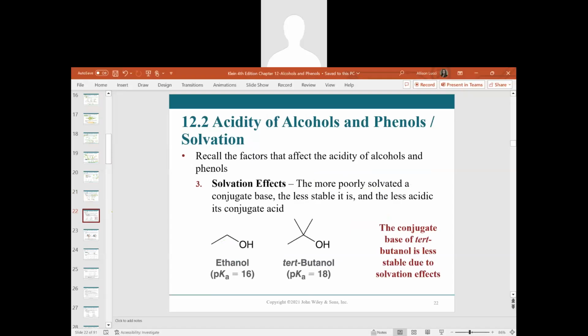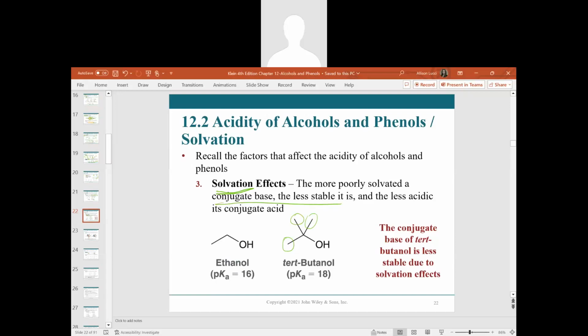Another factor that can affect the acidity of alcohols is something called solvation. So whether or not there's some steric hindrance due to these bulky groups in tert-butanol here, we may have less access of a solvent to stabilize our compound, and actually destabilize our conjugate base as well. So tert-butanol would form a tert-butoxide